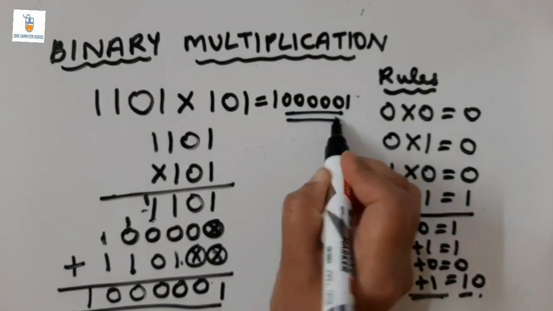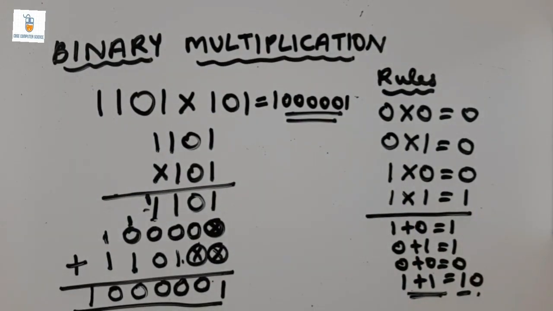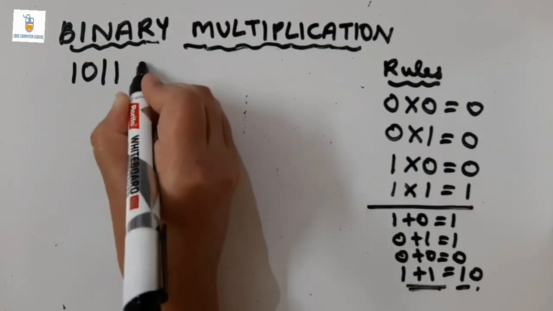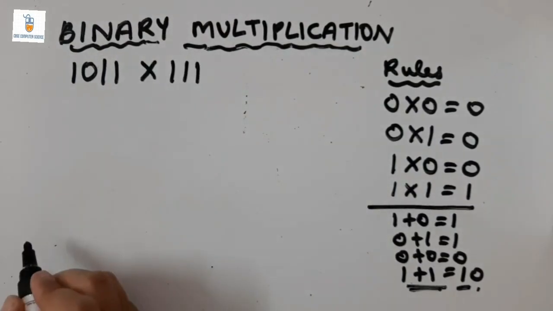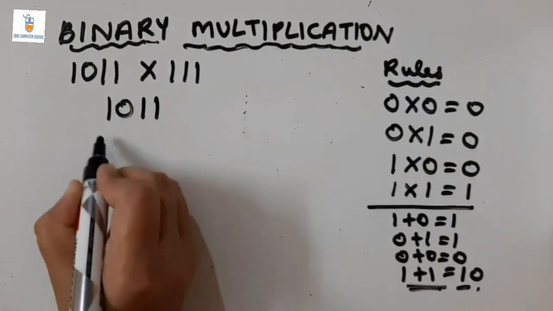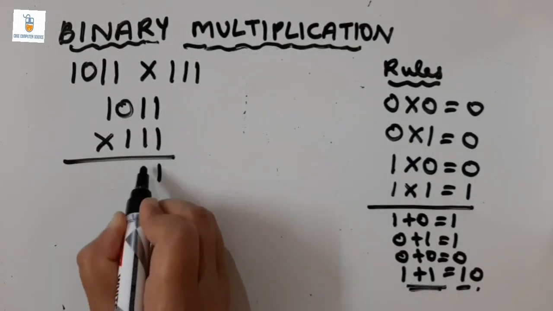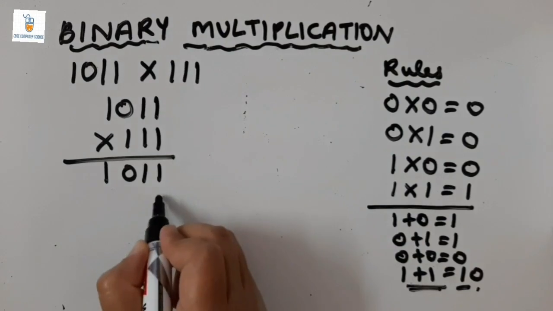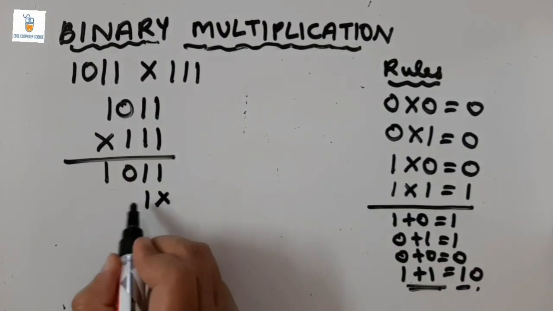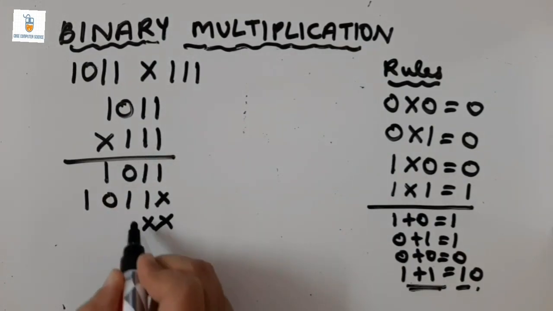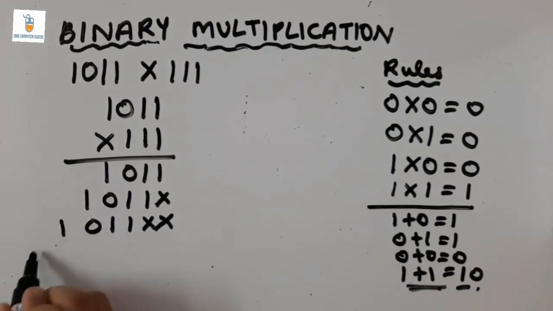So this is how we multiply any two binary numbers. It is quite similar to decimal multiplication, only the addition rules we have to follow here. So that's it. Now let's take another example on the same. Say 1011 into 111. So the bigger digits I would write at the top and the smaller number at the bottom. Now by multiplying, normally we will get 1 into 1011 is 1011, so 3 times 1011, like we do in normal decimal multiplication.